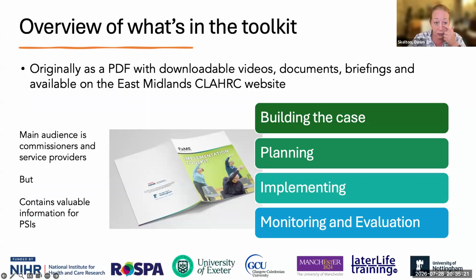So the toolkit, the original toolkit, was a PDF, as I mentioned, with downloadable videos, and that is still available if you wish to download that. But of course, we have now updated it following the Flexi study. But this had 4 main sections: building the case for FaME, so its return on investment,